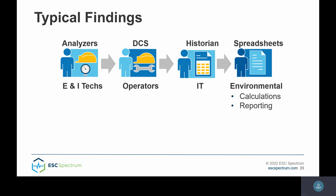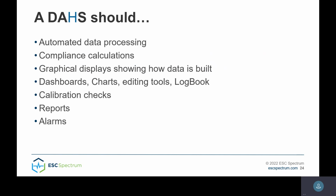So our typical finding is this is kind of the flow of things and the way things are working. You can tap into different places in this timeline or in this flow, but depending on where you tap in and pull the information out, who then has the responsibility for maintaining everything before that point? If you pick up data on the very end, what systems are responsible for controlling the validations, the calculations, and so on and so forth? The earlier you can get that in, the DAS should be able to perform